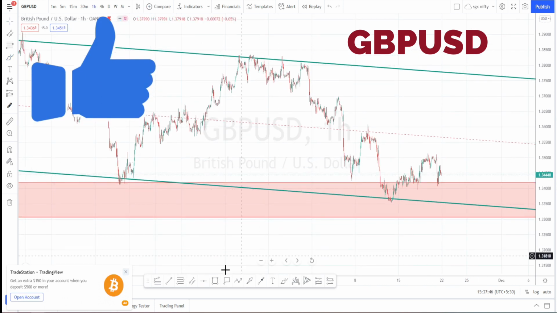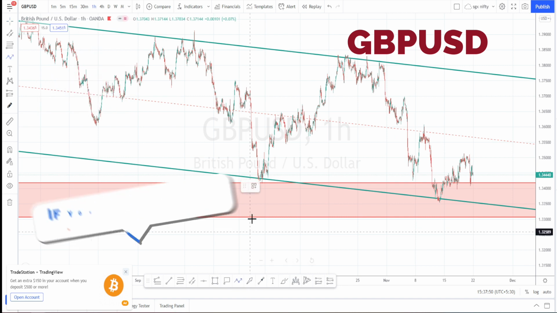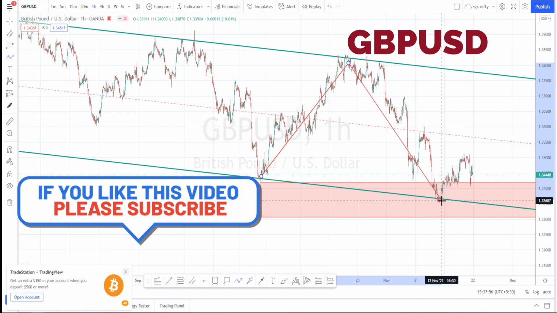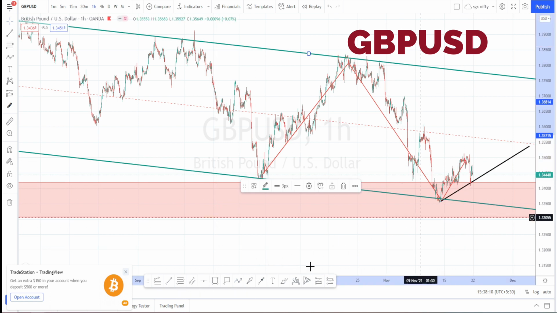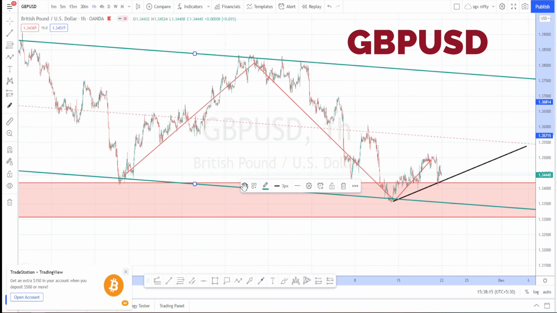Here I am in hourly time frame now. In hourly time frame also we can notice that it has taken support over here and gone on uptrend, again retraced much lower than the previous low. Again it is on an uptrend, and when we draw the support line, we can clearly notice that it is on a very nice retracement or on an uptrend.